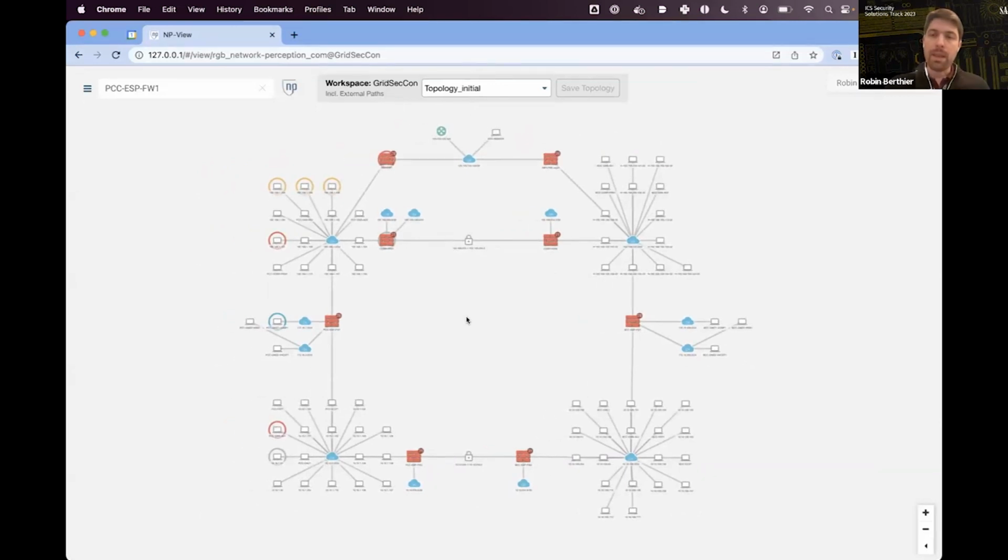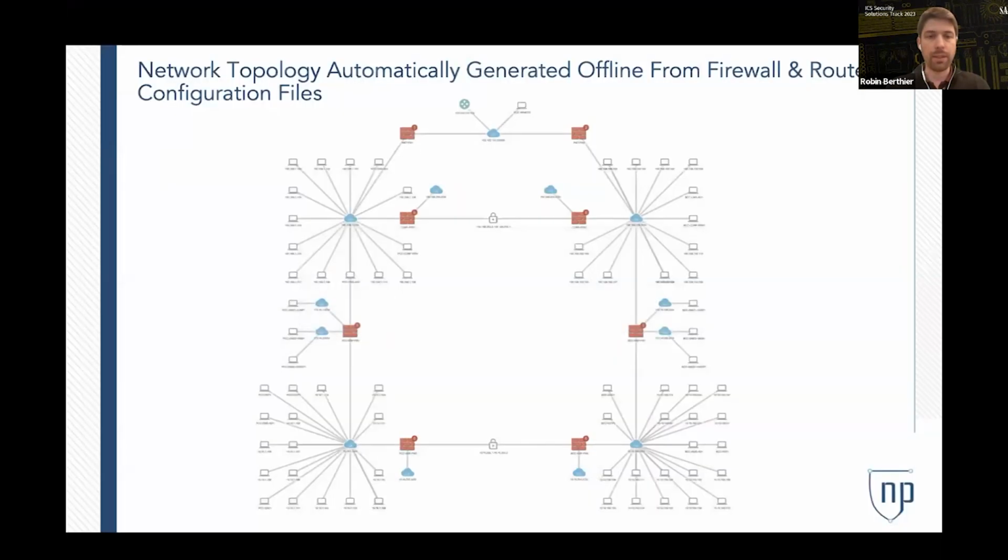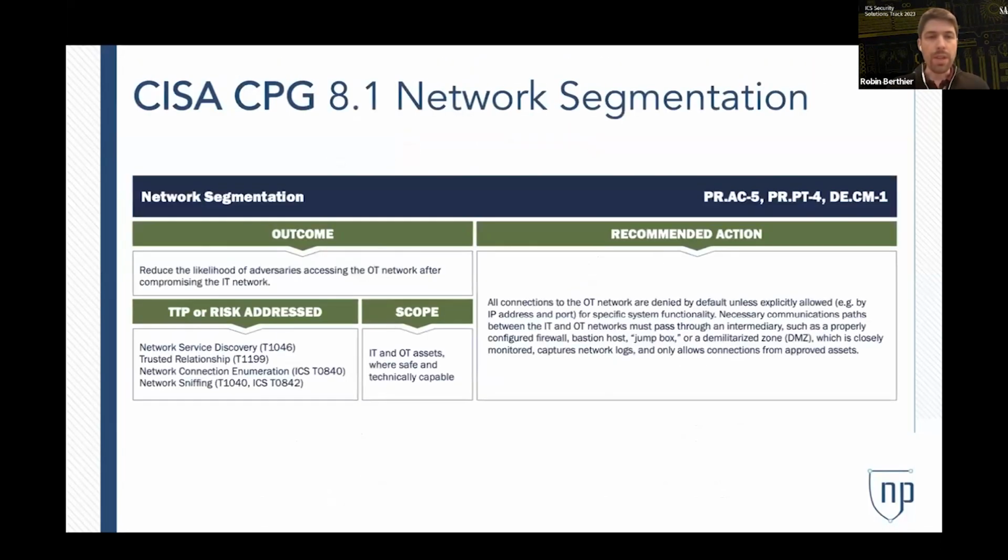And this map can then be exported to a visual diagram or PDF, or can be kept inside the application, as well as refreshed over time when you have changes to your configuration. This means that you have this reference architecture diagram ready and accurate, because this is ground truth based on the way your network devices are configured. So this helps to automate addressing that performance goal.